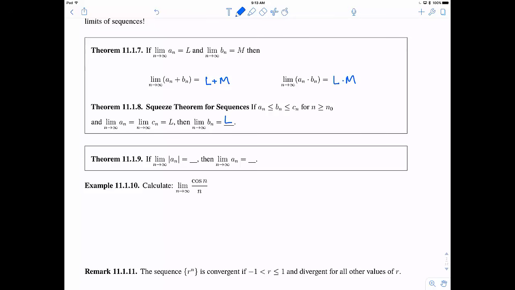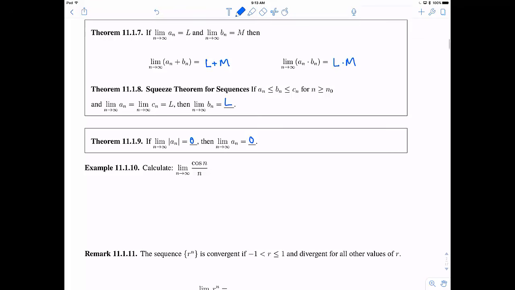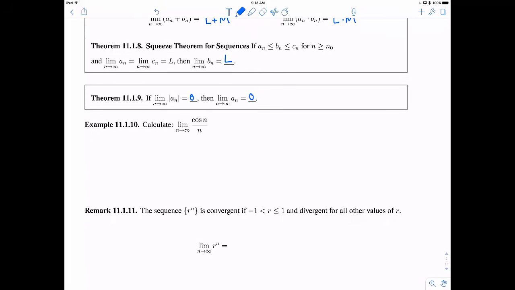All right, one final theorem. This sometimes comes in useful. If the absolute value of a sequence approaches 0, then the sequence itself approaches 0. Okay, so there are many more theorems out there for functions, and therefore they can be applied for sequences, but